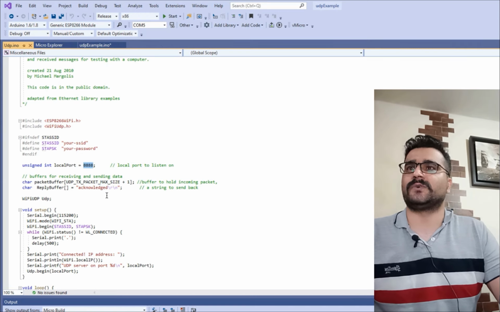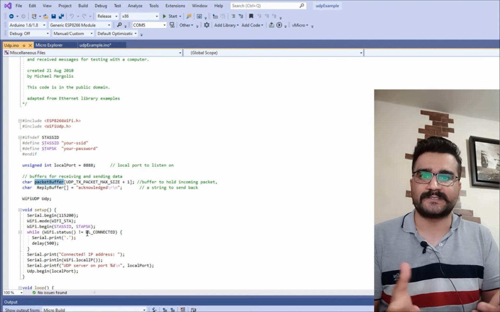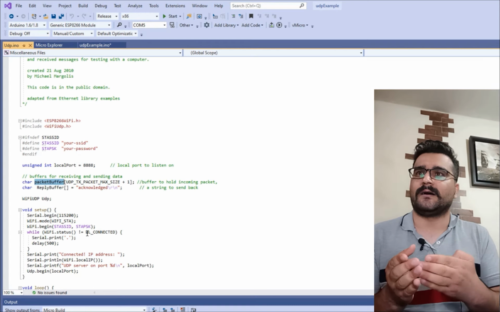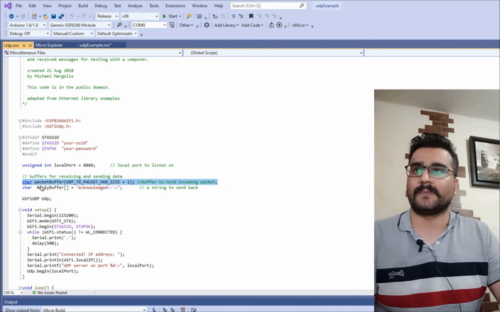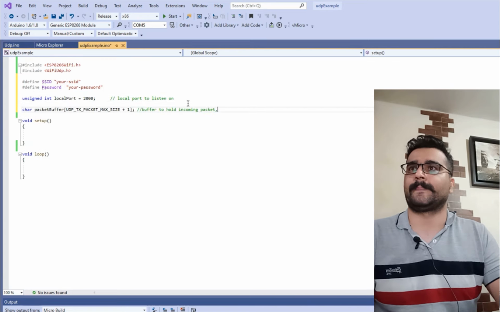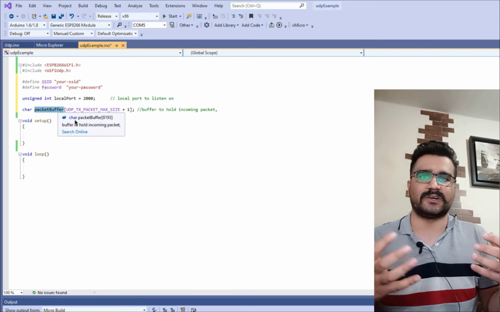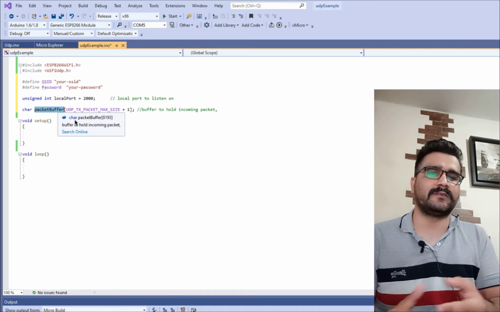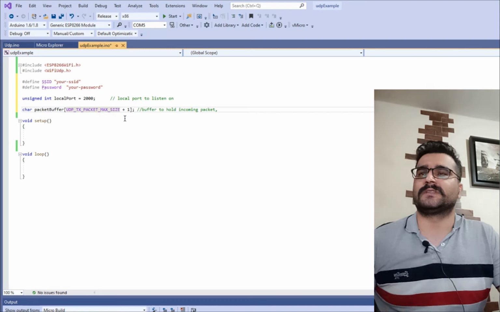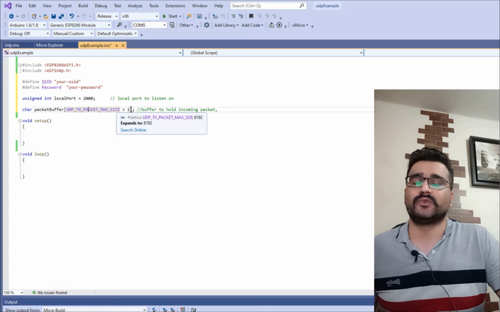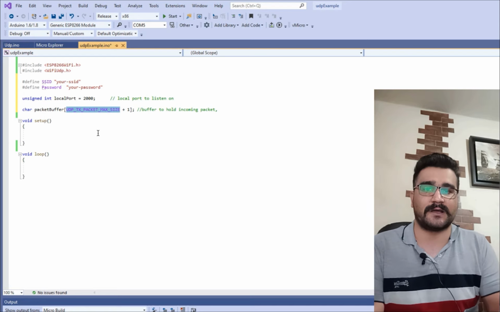The next two lines are for the packet buffer. What is a packet buffer? Packet buffer is for those characters that you received and you want to store in an array. So we define an array in here. Just copy it and paste it in here. We create this array buffer to store all the data that is coming from the packet sender or mobile or server or whatever. We want to save it in here. So the array size we can set to whatever we want, but the max